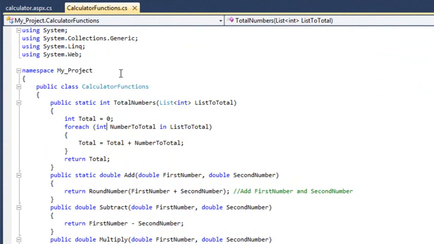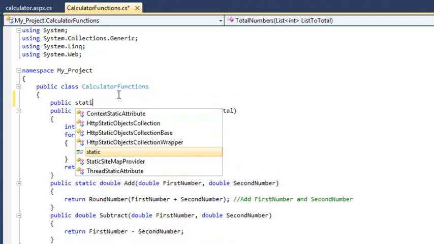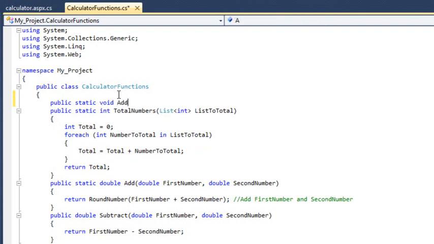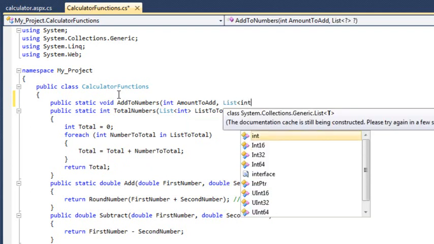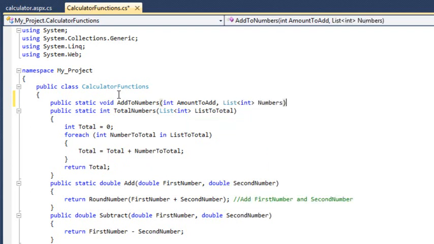We're now going to create a new method, which will take a list collection containing int variables and add an int value to each item in the collection. To do this, use the following code. public static void AddToNumbers(int amountToAdd, List<int> numbers)